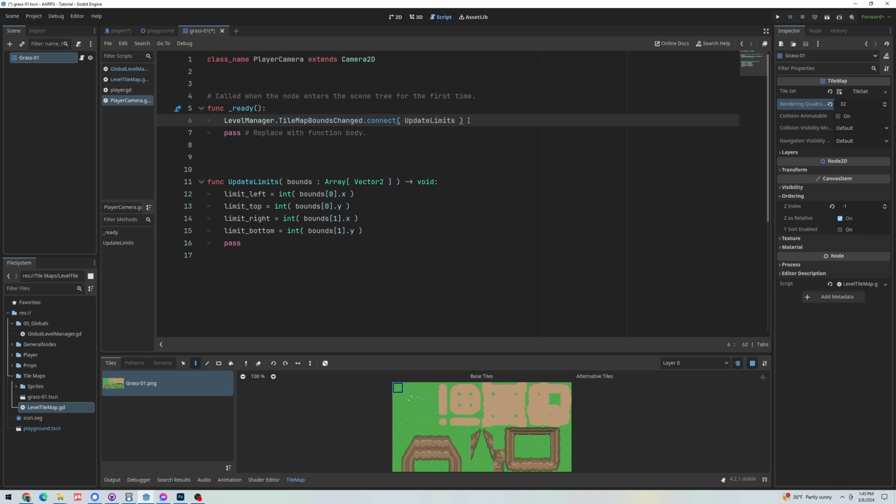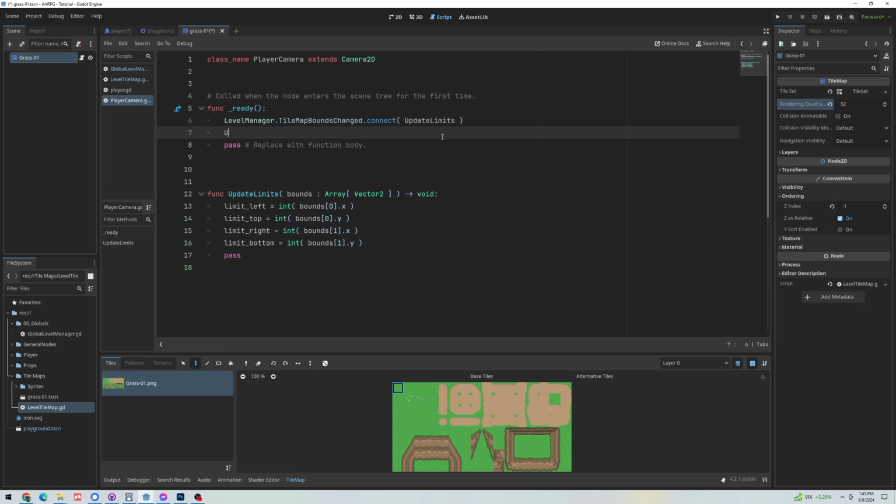So anytime that signal fires, it's going to run this, it's going to update the limits. Now there is a minor flaw. The very first time that the project runs, this script's onReady function is going to happen after the Autoload scripts. And I mean, there's maybe things we could do to try and force them to load in a certain order. I think that's a little bit unnecessary. It's quite simple that we can just call update limits,